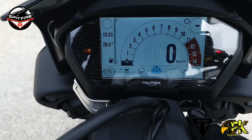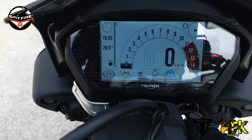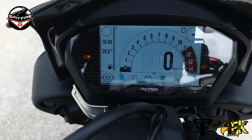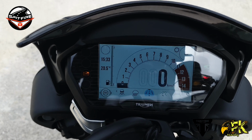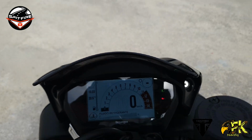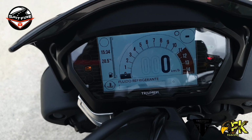Again, if it takes too long, it comes off, so we can go left or right and choose the riding mode. So it's rain, road, this I don't know, rider, maybe track. No, this is rider, this is track. So I'm not very familiar with the phases, but we're gonna leave it on the road, and basically this is it. Also, we have the button home, this one here, that when we press it,